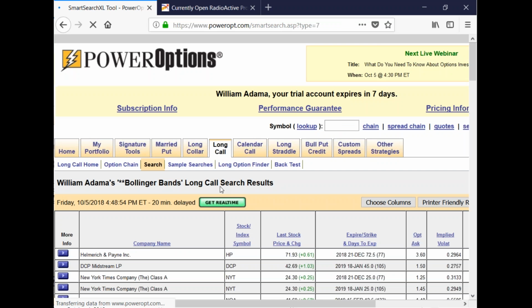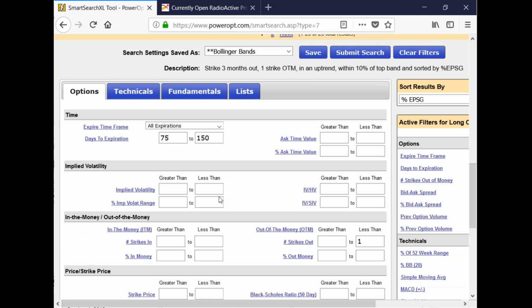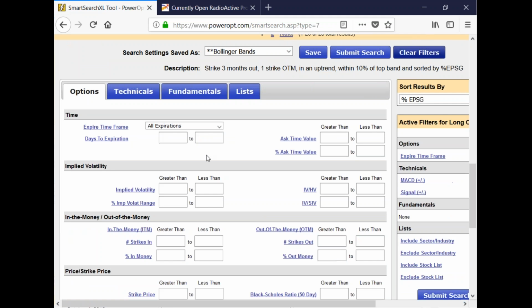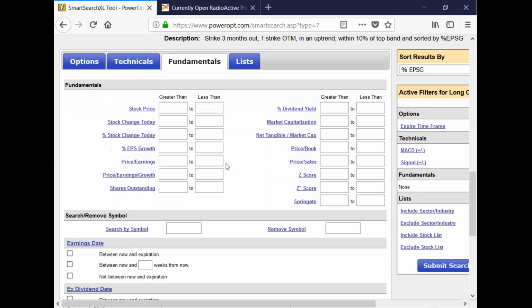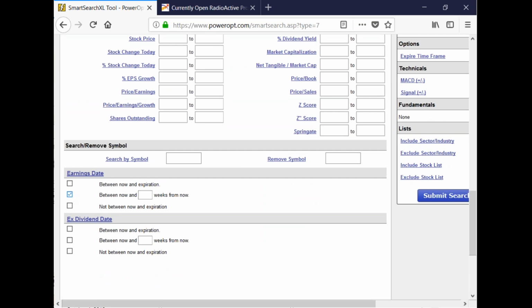Now, one of the problems you might have been facing, and I think we talked about this, and you mentioned 15 days in there, but here's the thing. I'm going to clear filters, and I need to look for any stock. I'm not even going to use a list. I'm going to look for any stock that has earnings between now and 10 days from now, right? Somewhere in that time frame.